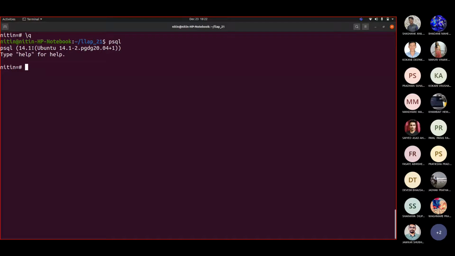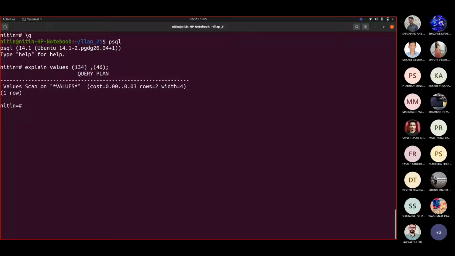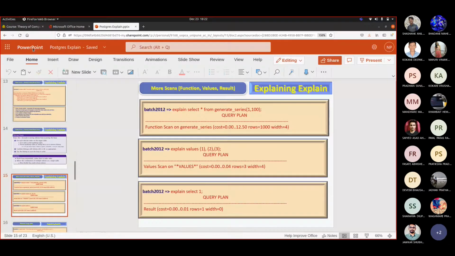Now, ultimately, as the changes happened with respect to this value scan, you may really think about it when I displayed these three plans together on one single slide. Now you will realize that whenever you are returning a set through a function, that would be a function scan. Whenever you are returning a set of values without a function, then you would be saying value scan. But in that case, you have to make use of these values.